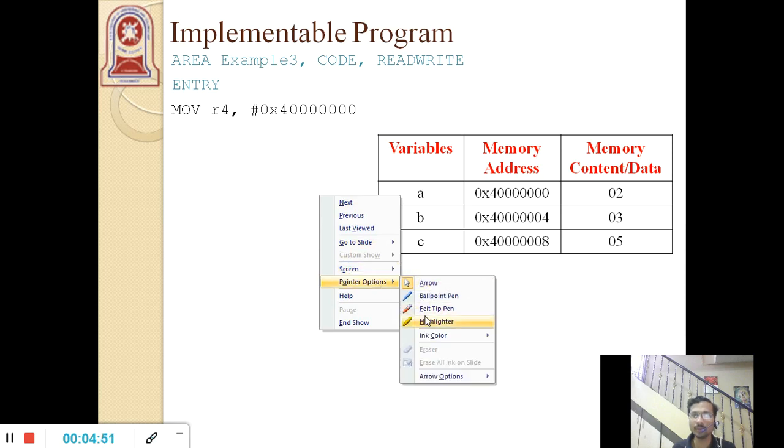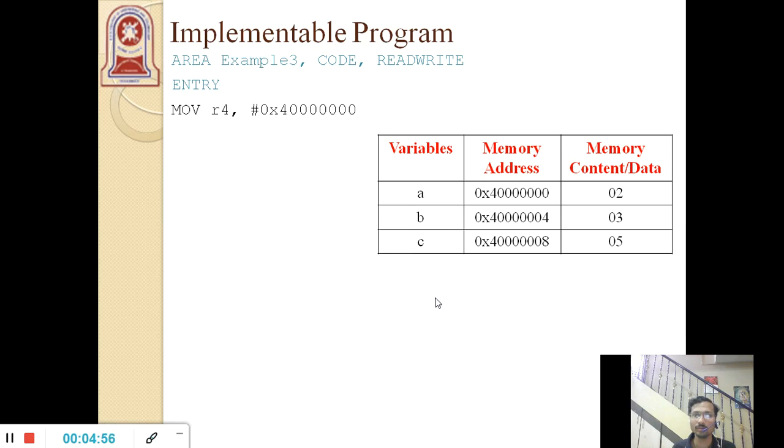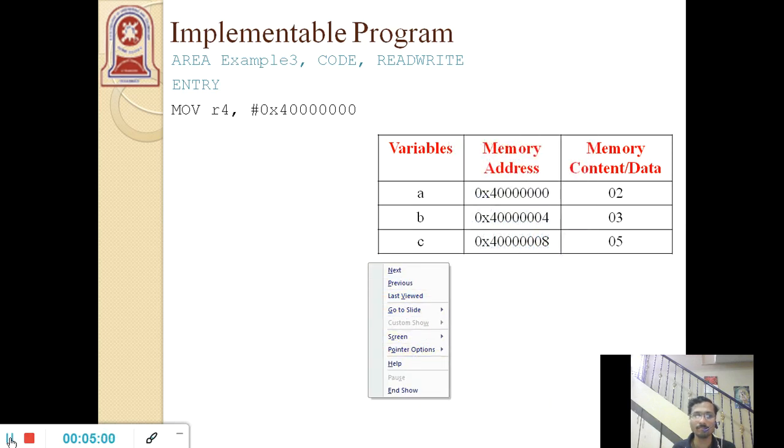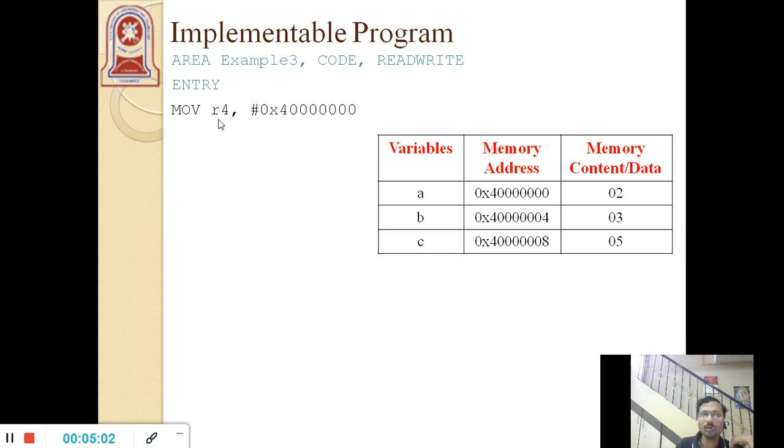Now I should consider one of the registers as the pointer. R4 is considered to be a pointer register.